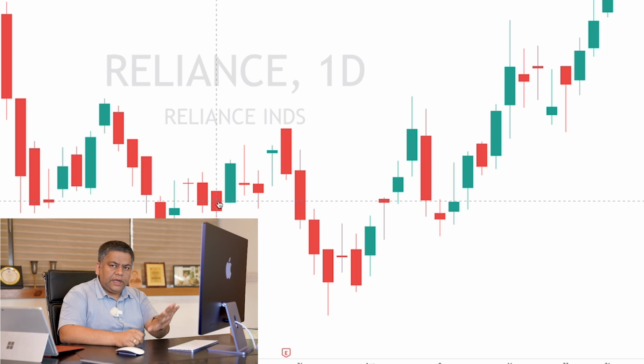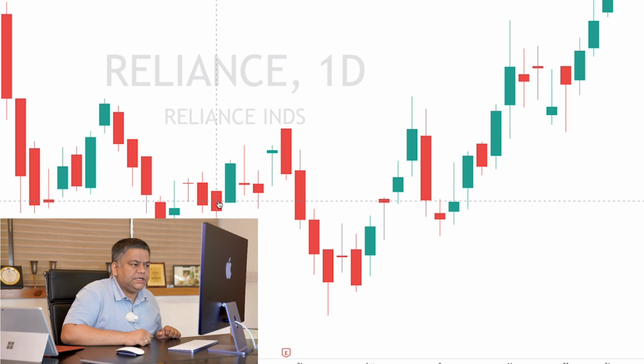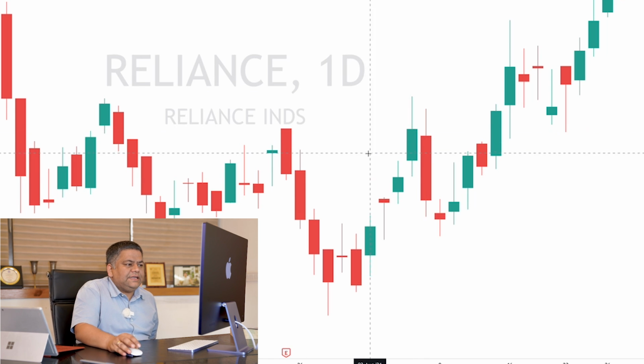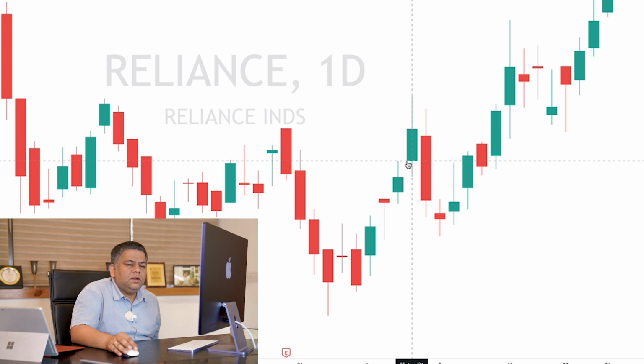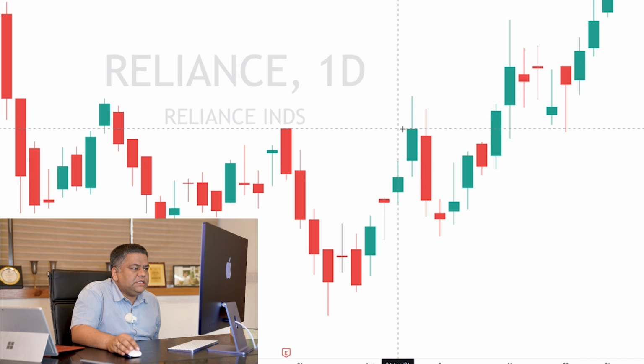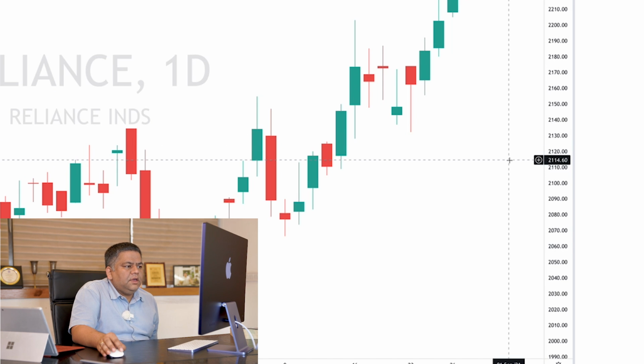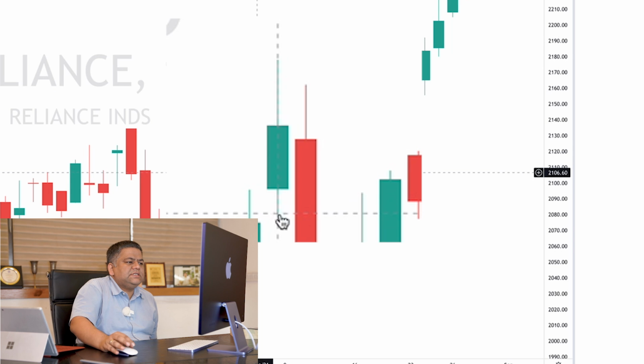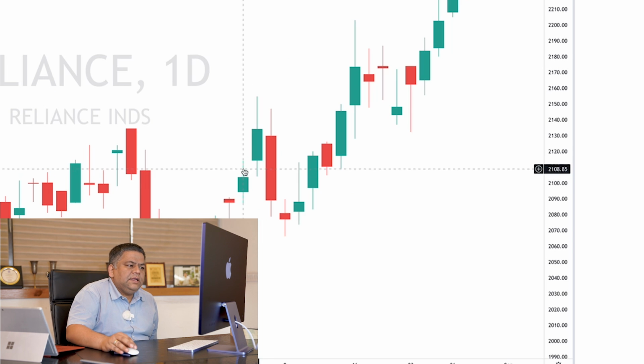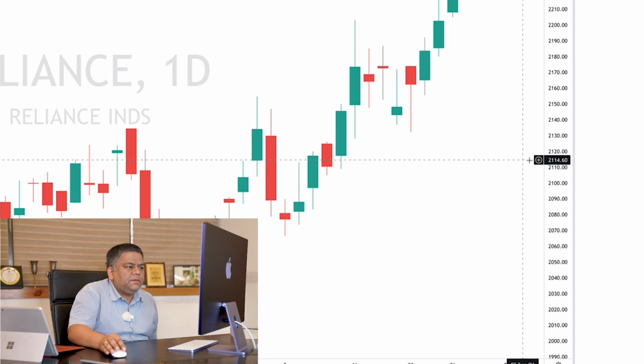Volume is something which I have to add into this tool. I'm not going there, maybe I'll show you towards the end. But yes, this is green, the price war was won by buyers. It opened lower and closed higher. So this is the price where it closed, 2134.05. It opened here. Okay, but now you can see some thin line is there. You know what this thin line is? This thin line is telling you that it opened certainly at 2114, but then after opening